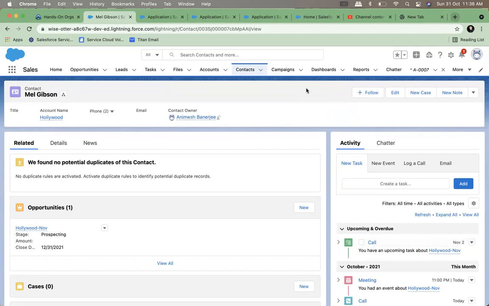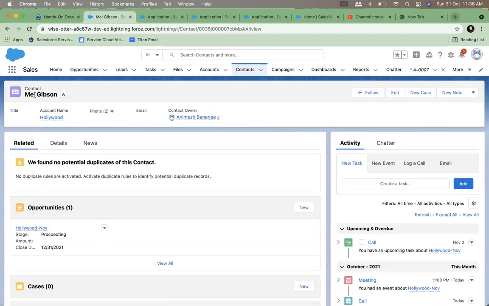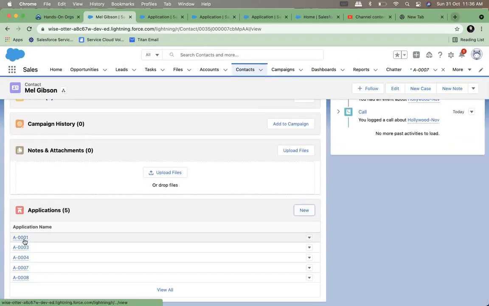So if you create this relationship, the fields are only created on the child side, right? One to many. So the many side object would always have that field, be it a master detail field or a lookup field. Master detail field is mandatory. Lookup is not mandatory. So if I now go ahead and you see how many fields are associated, 1, 3, 4, 7, 8, 1, 2, 3, 4, 5.